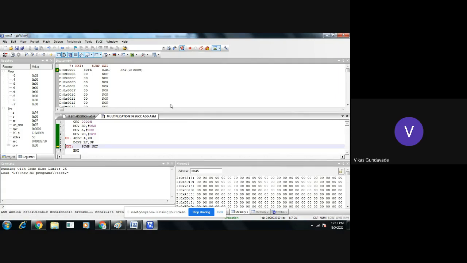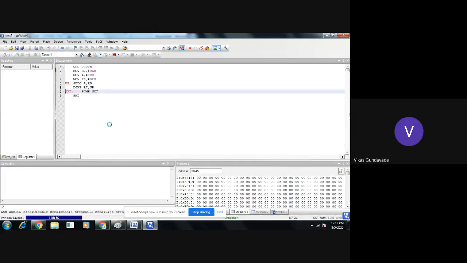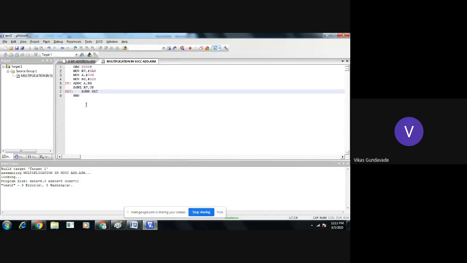And to stop the program, we are keeping the program in the infinite loop by writing the instruction short jump NXT to the NXT, by giving a label to the same instruction. Okay, everyone got it? So this is a simple program. Now here, instead of this SJMP next to the next, we can also write the instruction as SJMP $. What does it mean? It is the infinite loop, or the program will get executed at the same location.